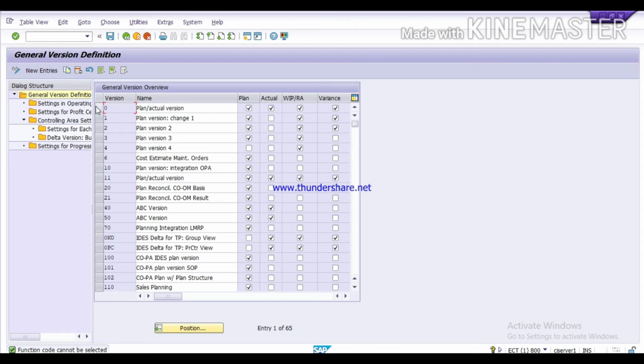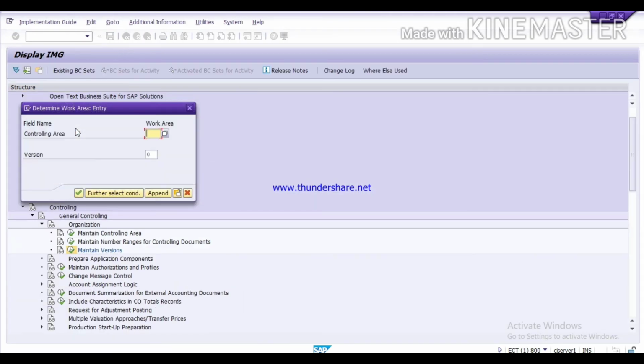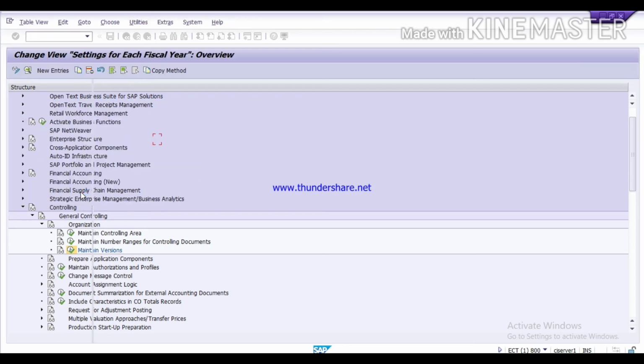So select this standard version and click on Settings for each fiscal year. Here you have to give your controlling area for which you want to plan your data. So give your fiscal year, give your controlling area. Our controlling area is Tata. And then click on continue.